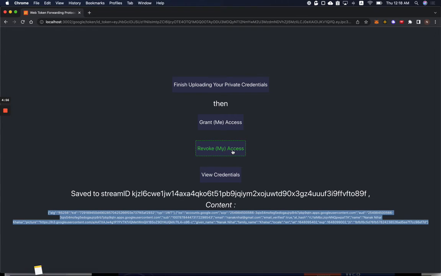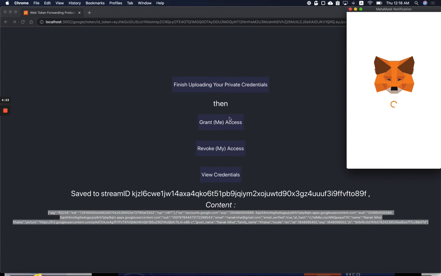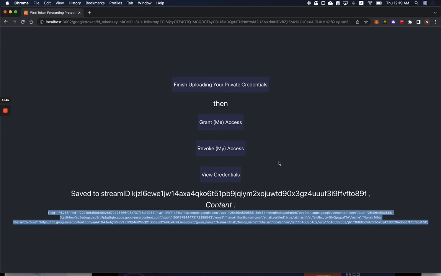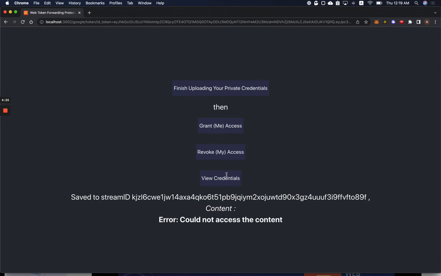So just as a proof of concept, we're granting and removing our own access, and this applies in the same way to other people. We'll remove access, and then once that transaction finishes on chain in Harmony, that'll just be a matter of seconds. Then we can view credentials. Let's give it a few more seconds though right now. And yep, there's an error this time, and you can no longer access it because we have revoked the access